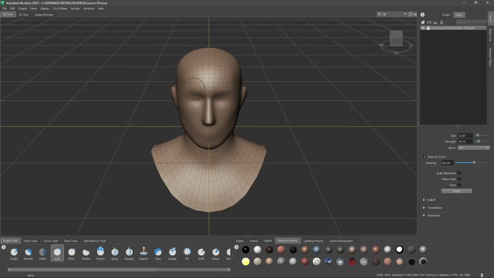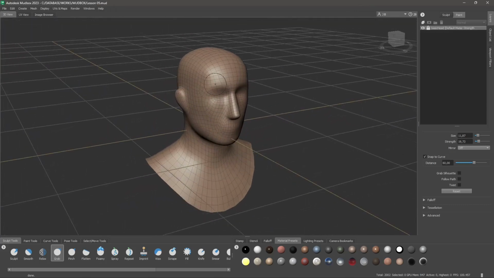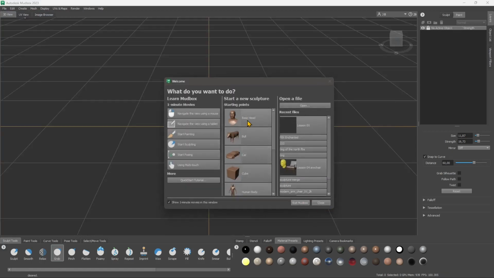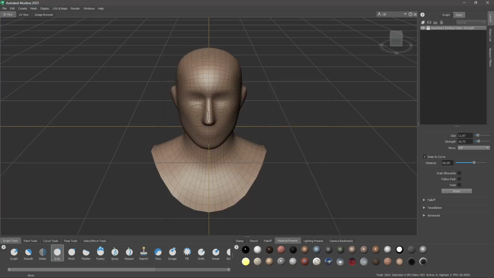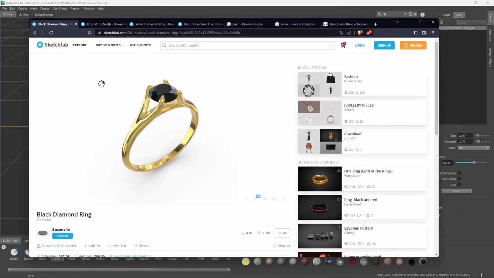In this video, we're gonna proceed in MUDBOX using more tools, and we're gonna see how we can start to define the overall shape using the sculpting tools and the brushes that we have at our disposal here. So I started with the new scene and I just selected the head. So you can do the same by using this sample, and we're going to use this to start to model